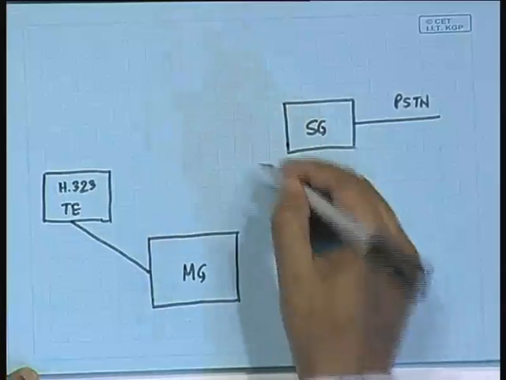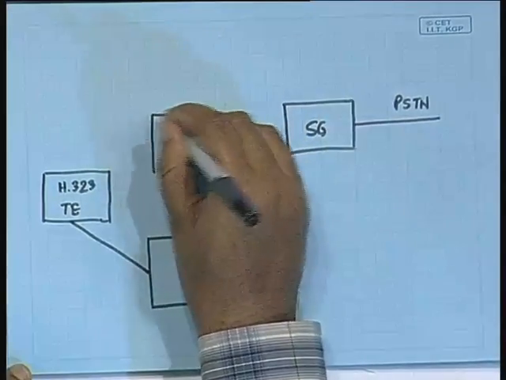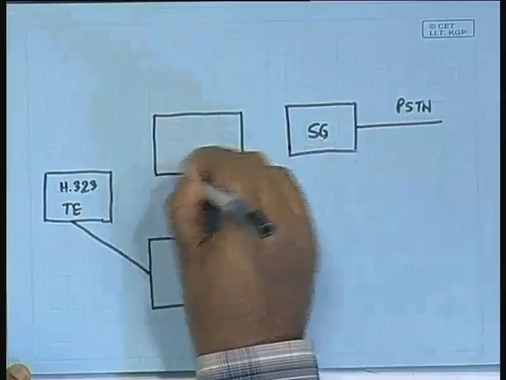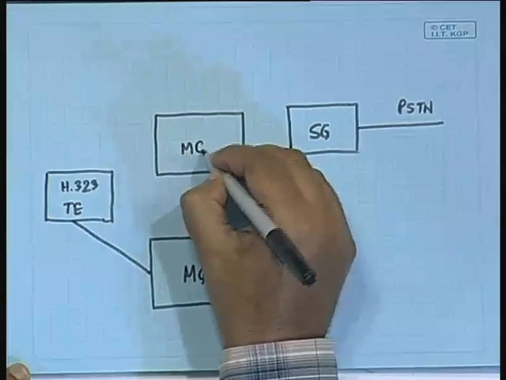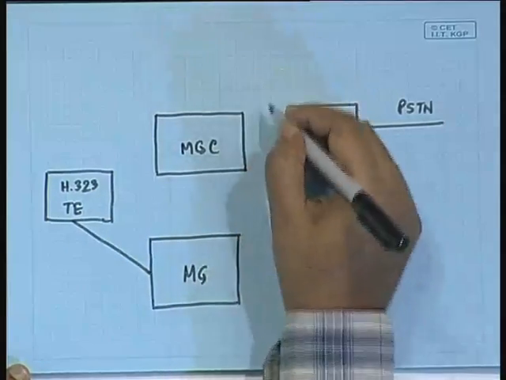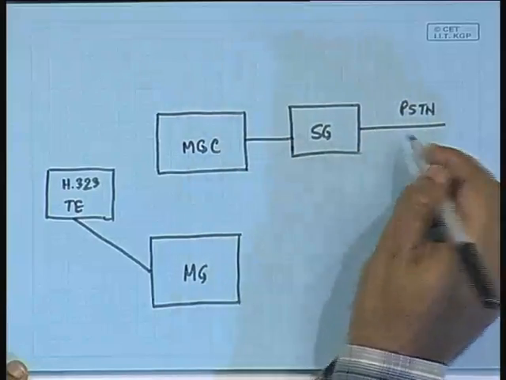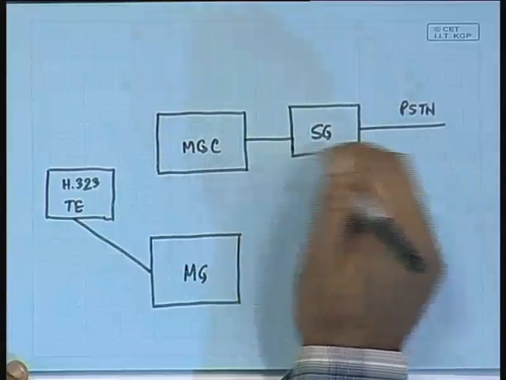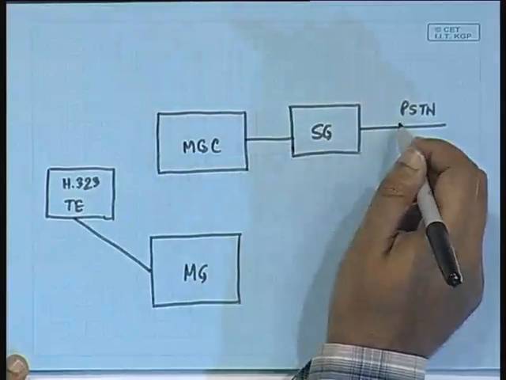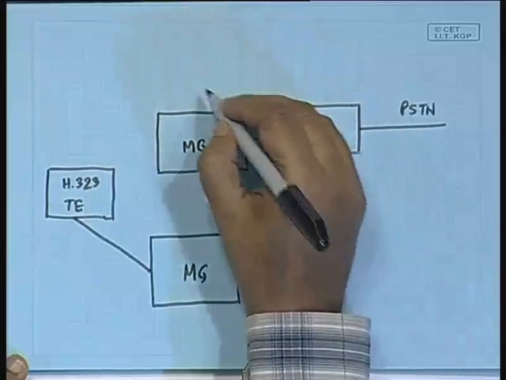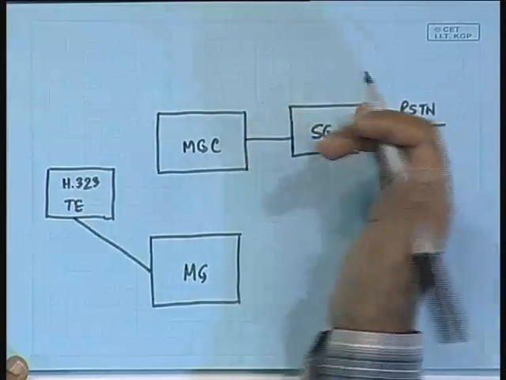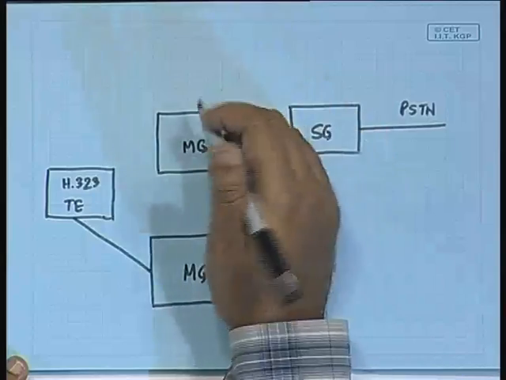And then we have a media gateway controller MGC. So, MGC receives the PSTN signals, or rather interfaces the PSTN signals through this SG,